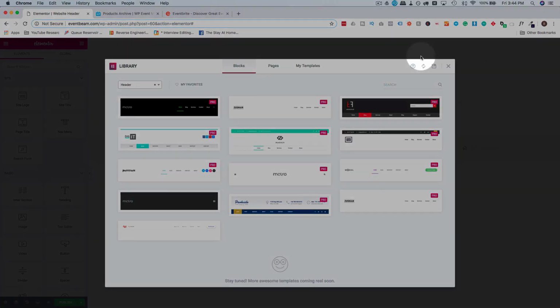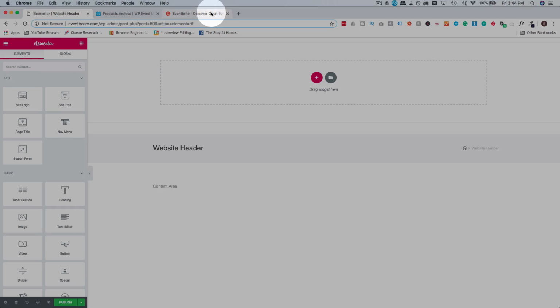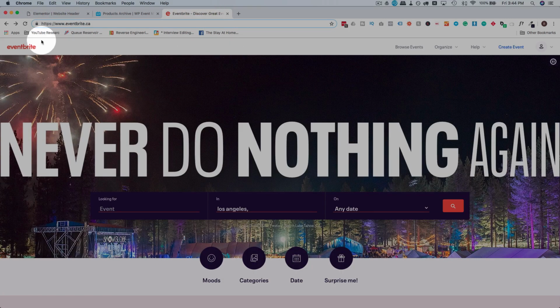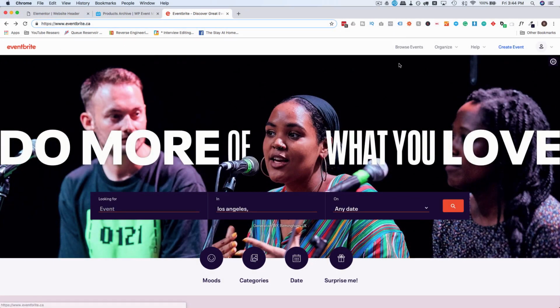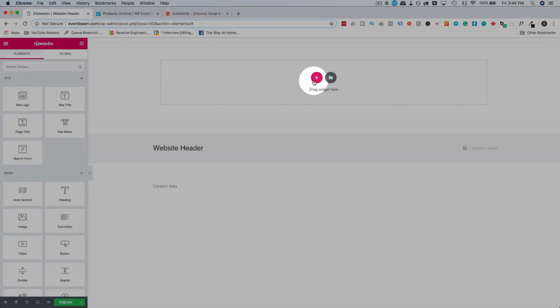And I'm not going to choose any of these things. I'm going to close that. I'm going to add a two-column section, because we have a logo on one side and menu on the right. This actually isn't really a logo, it's actually text on the page, which is what we're going to do as well. But we're going to add a two-column section,